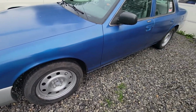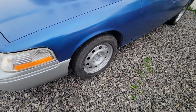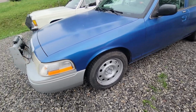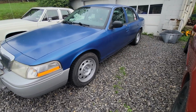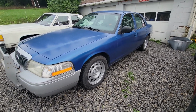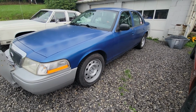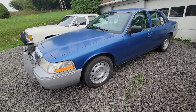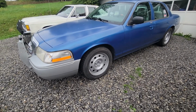Just wanted to show you these wheels I picked up off a guy. He gets these cop cars and he strips them down and turns them into derby cars. I used to work with him in West Virginia a little bit. He actually doesn't live too far from me. And he said he had a set of wheels with tires on them he would give me a good price on. So I went ahead and bought them, and I had to clean them up. I painted them and they turned out pretty nice,